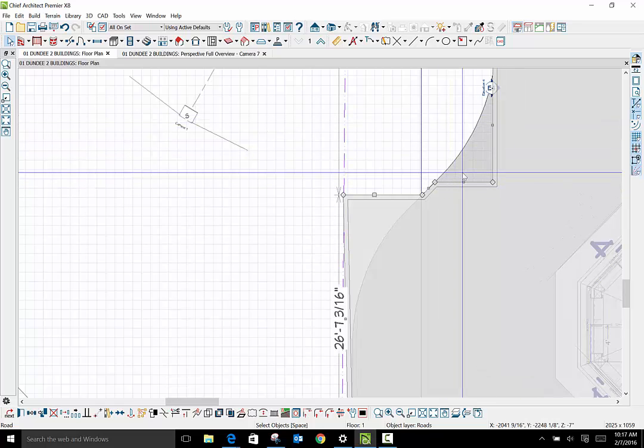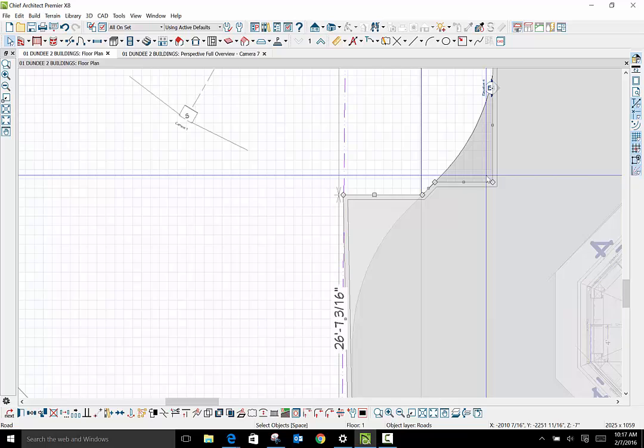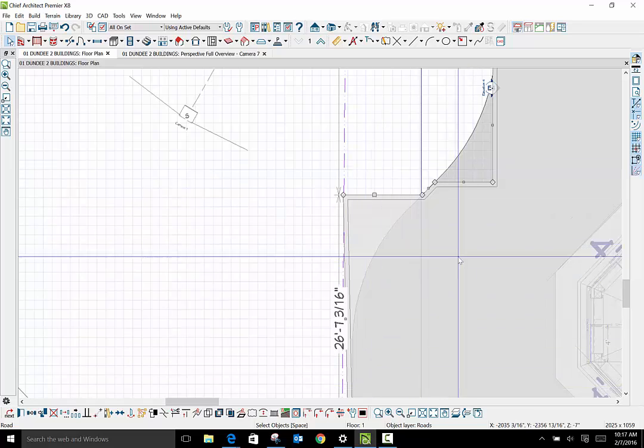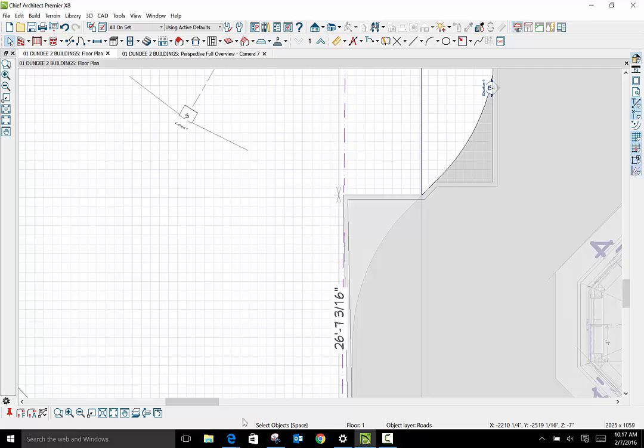We have here 1, 2, 3, 4, 5. Alright, let's just experiment. Try again. I'd like to see a gentler, like a 10-foot radius in here if we can. The other nice thing we can do is once we get these independent, so